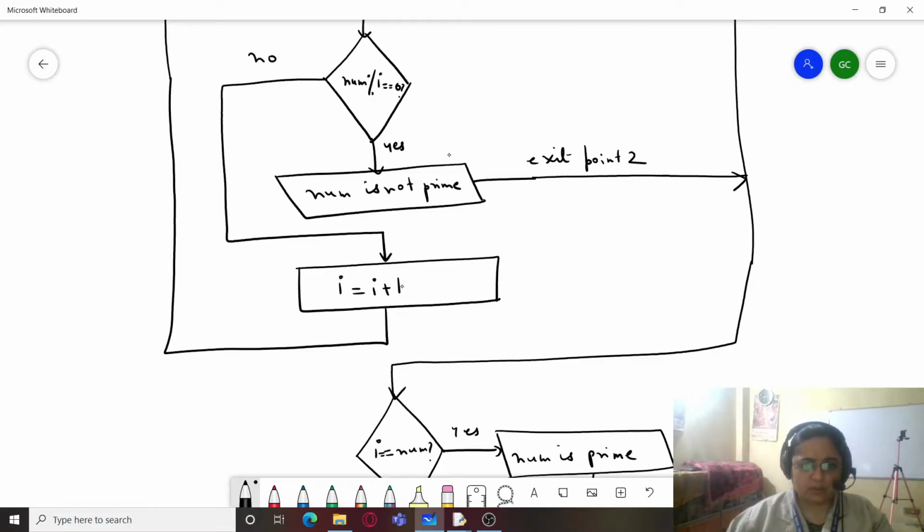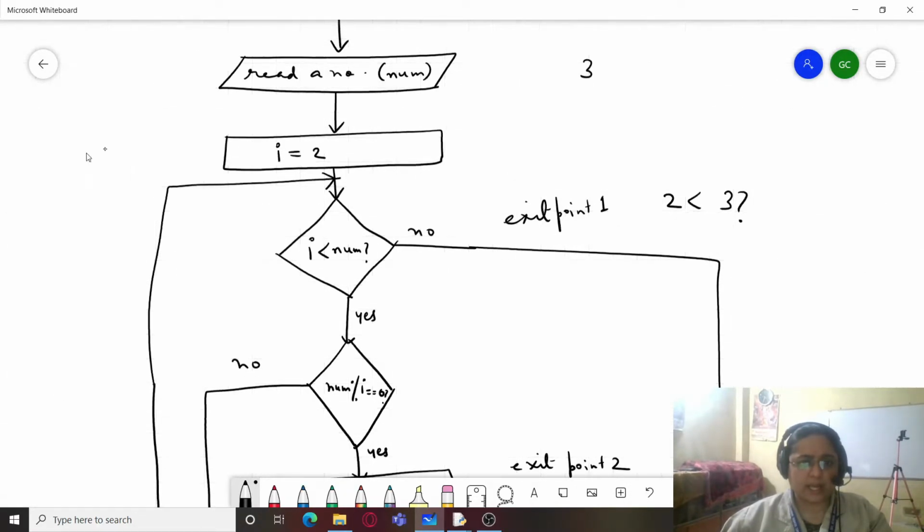So we simply go to the next step where I is incremented by 1. So now I, which was 2, becomes 3. Now again it will go back to this condition to check whether I is less than num. Now I is 3 and num is also 3. So what will happen? One is not less than the other. Both are equal.